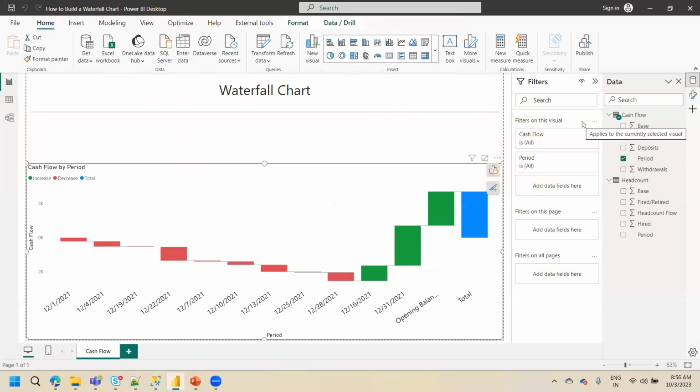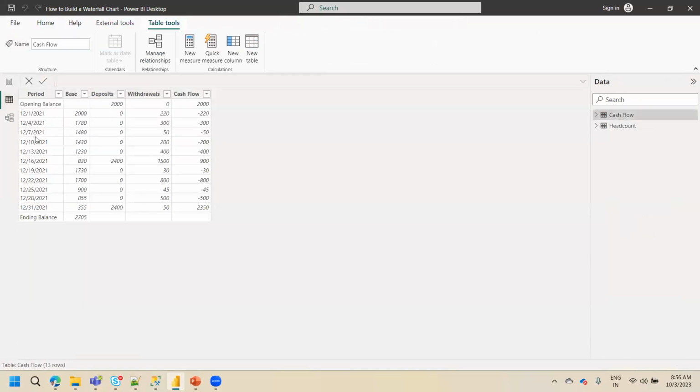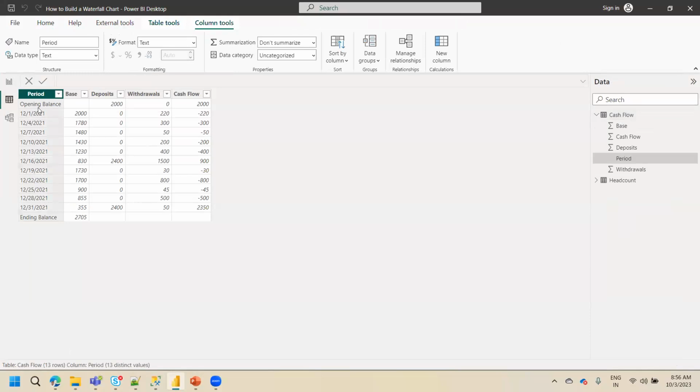Such type of scenario, if you are getting a mix of date along with text information. This is text only. See here. This is text, not a date format. It's not the right approach to create a date table. Understood? If we get a field with text mixed with date-related values,